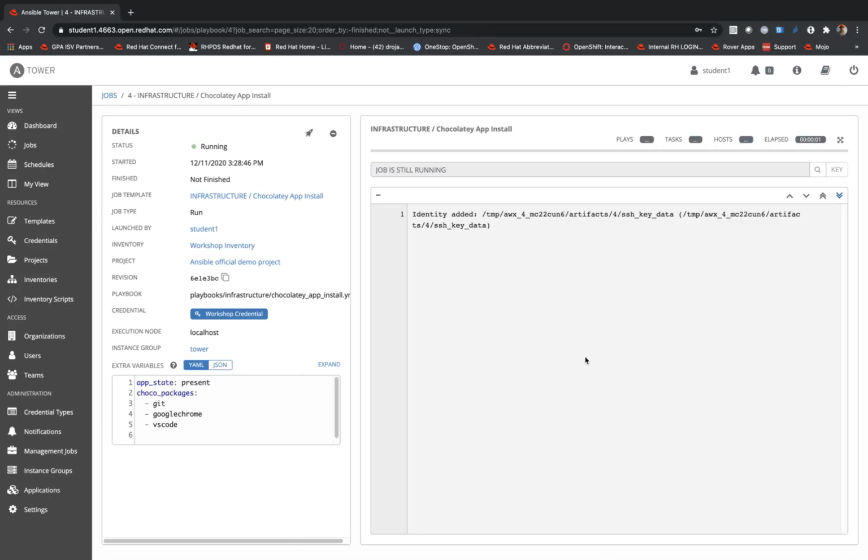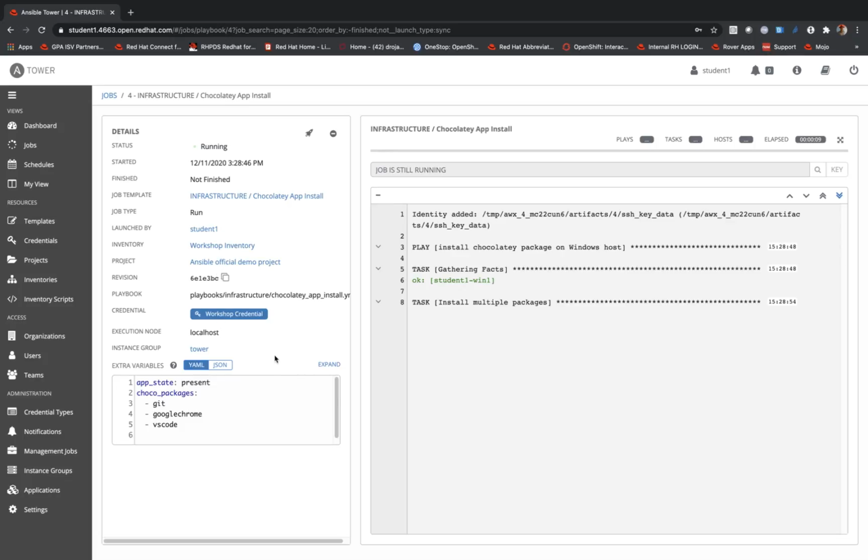As we launch this, it takes us to a different screen, which, as you can see on the left-hand side, gives you a ton of information for this particular job that's running based on that job template, right? On the right-hand side, you'll see the work that begins to happen here. You'll see that the play within the playbook has been initiated. A task within that play, which is gathering facts, is the first one being done, and it's hitting our Windows device. Happens to be student